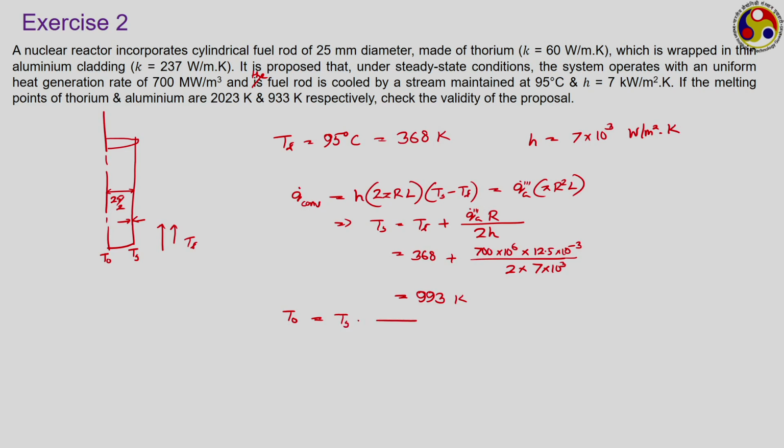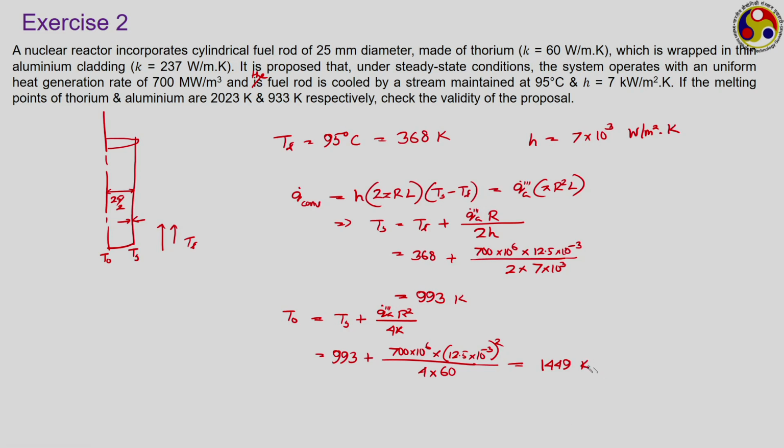Now, you have to calculate the value of T naught, and we have seen that T naught is going to be T s plus q dot g into r square by 4 k. So, T s we have got to be 993 Kelvin plus generation is 700 into 10 to the power 6 into 12.5 into 10 to the power minus 3 whole square by 4 into thermal conductivity of thorium, that is 60. The thermal conductivity of aluminum never comes into the picture, because we are not considering the aluminum layer anywhere during the calculation. So, this T naught comes to be 1449